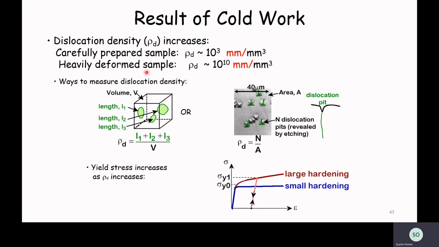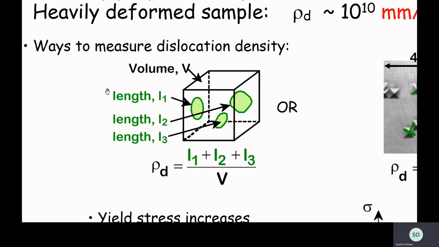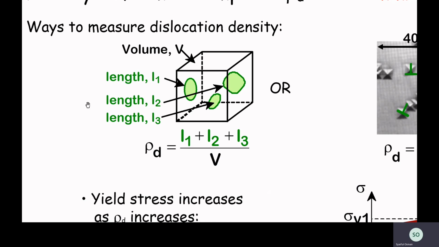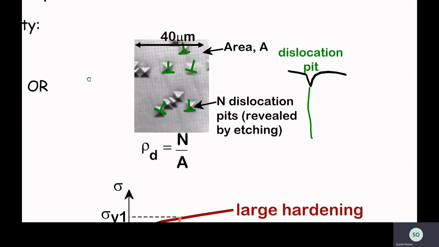And from the figure here, we can see that we have two methods of measuring dislocation density. The dislocation density is a measure of the number of dislocations in a unit volume of a crystalline material. In the first figure here, the dislocation density is measured by the length of dislocation line in a unit volume, divided by the volume to give the dislocation density. And in the second method,